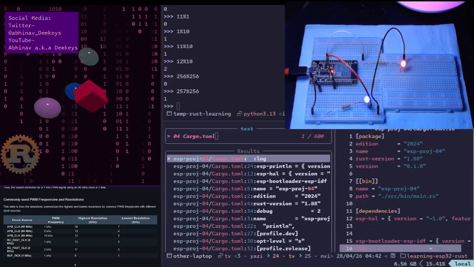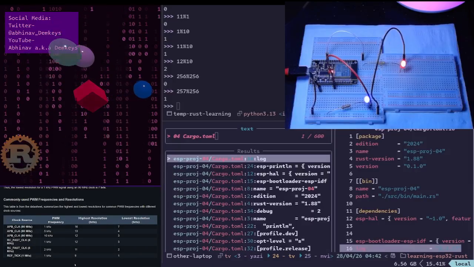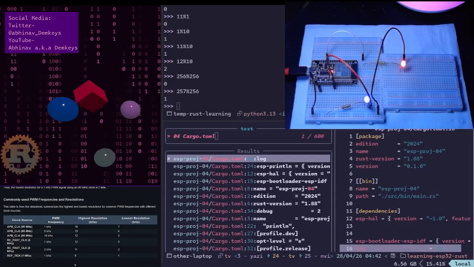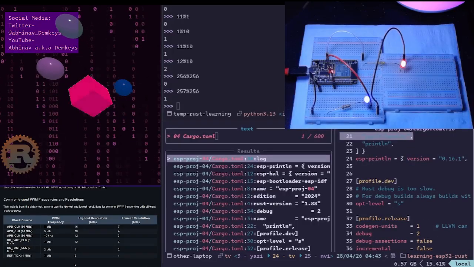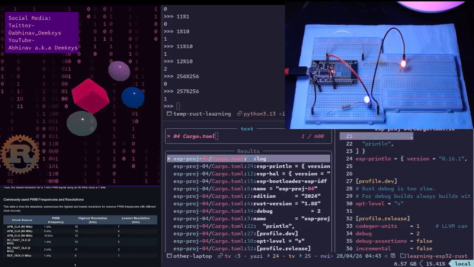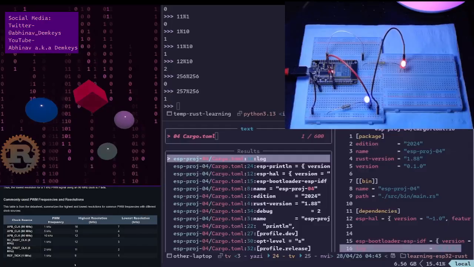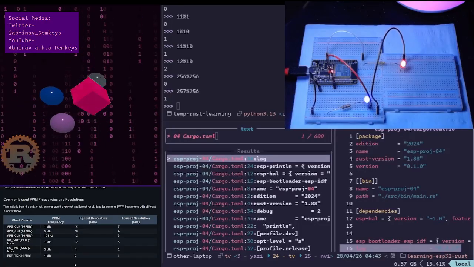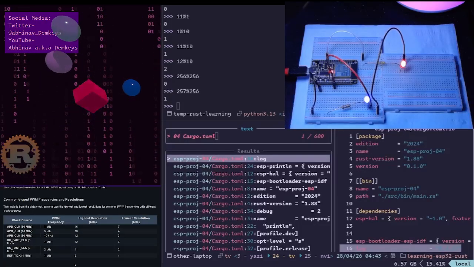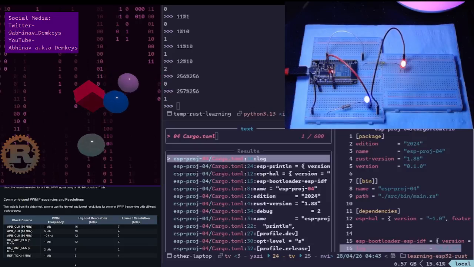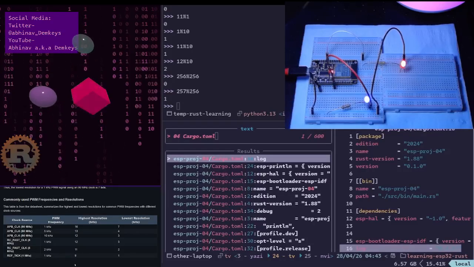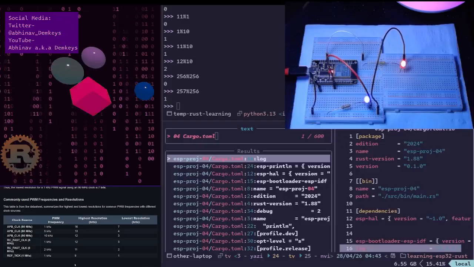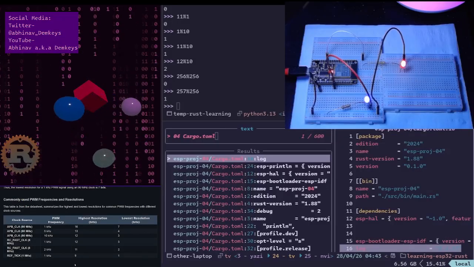Okay, yeah. We have ESP print line being added in here. I do also see print line down there, which is being added as a part of, oh, that's a part of ESP backtrace. So that's a separate thing that I'll need to add in. So I can't really, at least for this project,